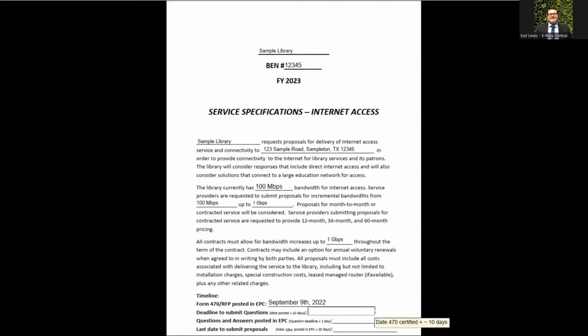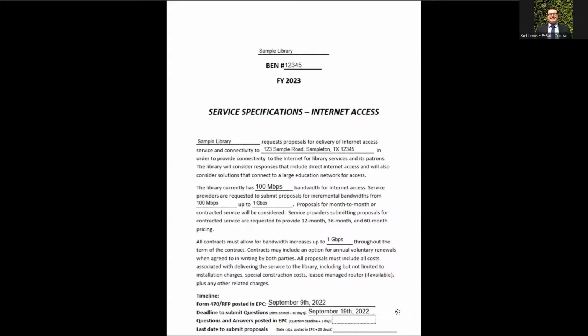What we can do here then is September 19th, 2022. And again, that's the date of certification plus 10 days. Having that 10-day buffer is useful, once again, because it does allow you as a library to provide that clarifying information. And the way that that information will ultimately be clarified on the Form 470 is with an